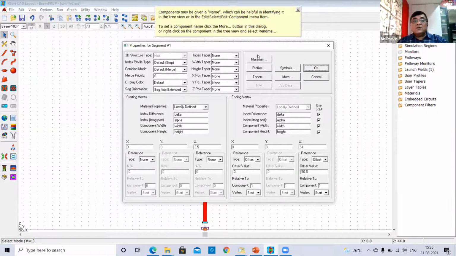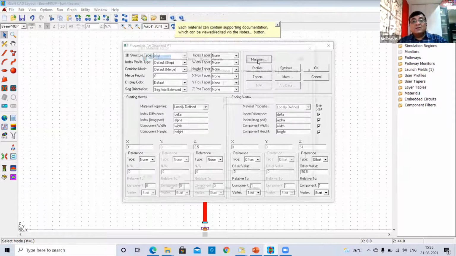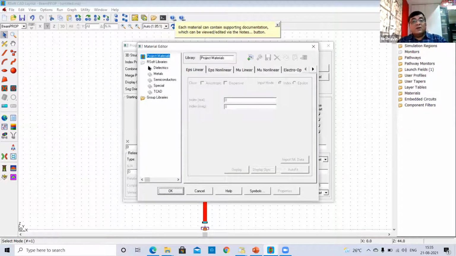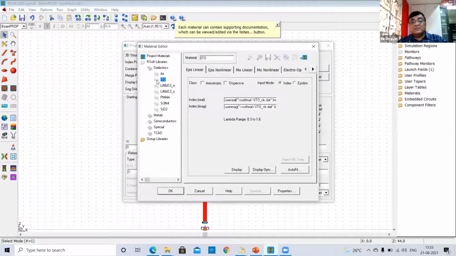Here you can define the material. The material library will open, where you have different types of material, and you can select any of the materials and assign it to that particular segment. Now, for this ITO material, this is a default material given here in the library.